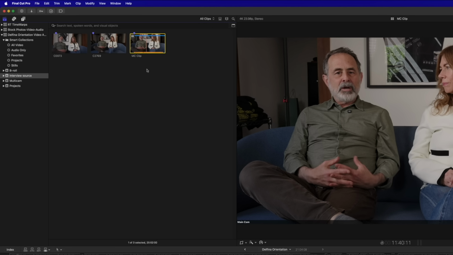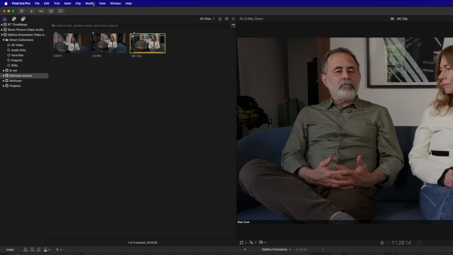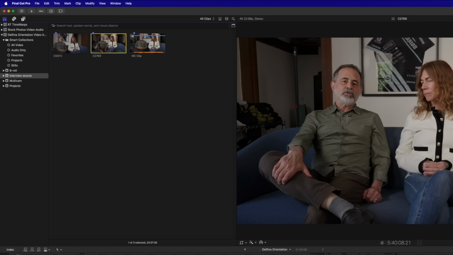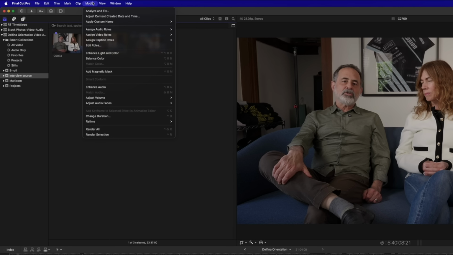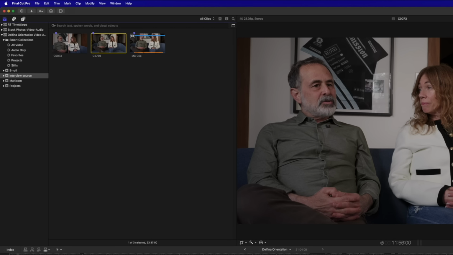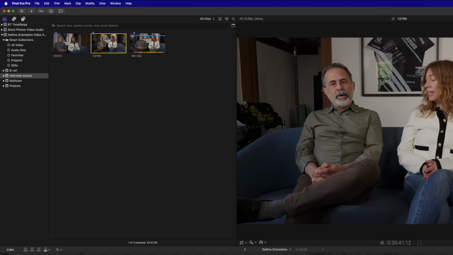Now, this analysis, both for the transcript and for the visual search, only applies to source clips. For instance, with my multicam clip selected, you see I can't choose Analyze and Fix. It only works on the source clips, Modify, Analyze, and Fix. However, this analysis of either the transcript or the visual search on the source clips will pass through to sync clips and multicam clips. So one thing to consider, if you have a bunch of angles for an interview, I only have 2 here,